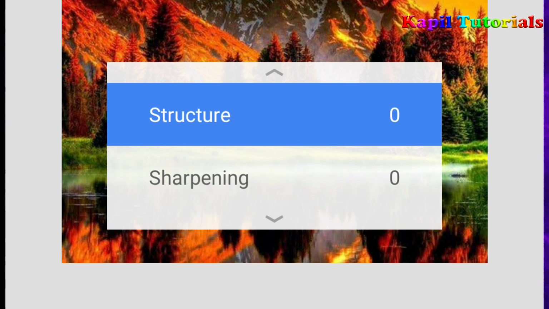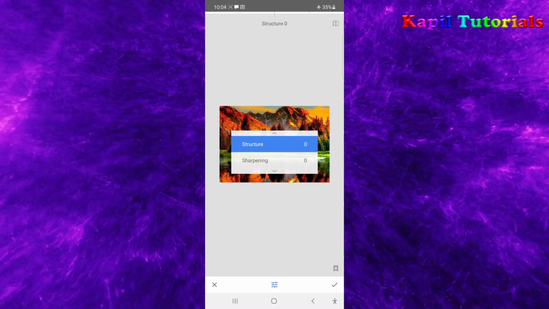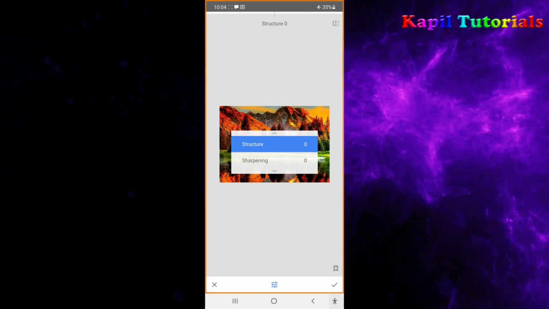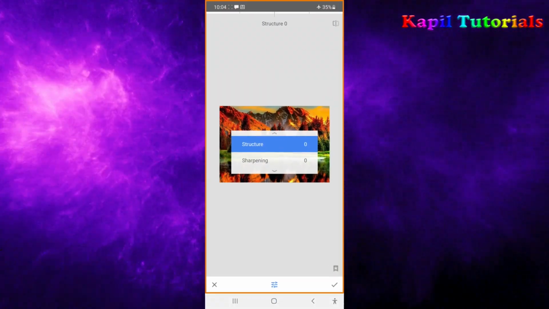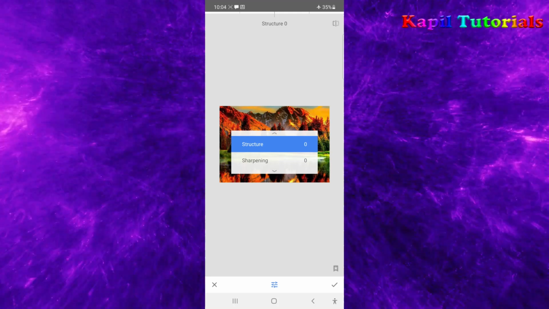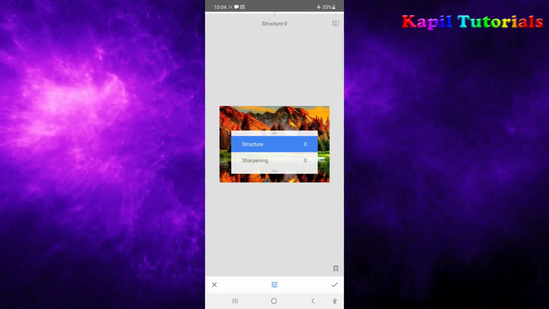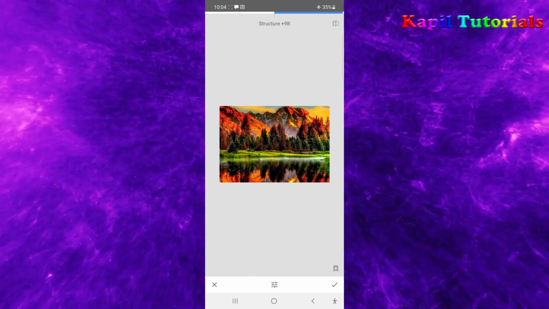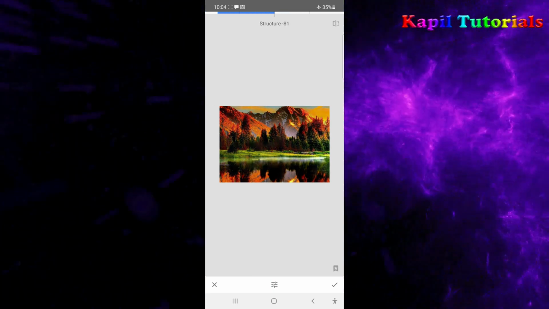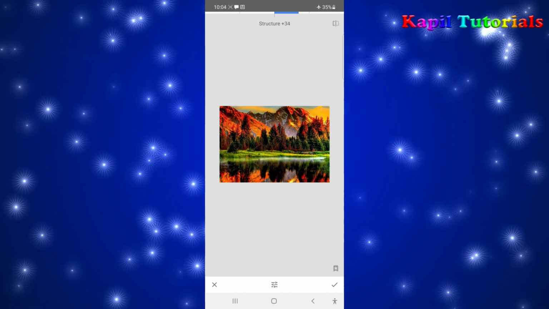So both the options, structure and sharpening, what it means, firstly I'll show you the difference. Again, by using finger or thumb, you can move it towards right side to increase. Suppose I am increasing and here I am decreasing. So you could see the difference.